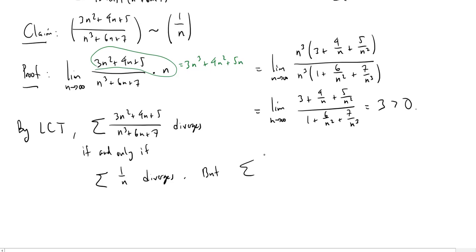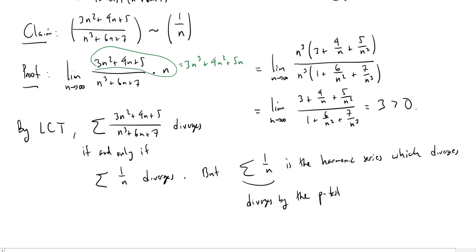But this is the harmonic series, which diverges. So we could use that general knowledge there, or alternatively, we could say it diverges by the p-test, because this is a p-series where p is equal to 1. And recall, if you have something of the form 1 over n to the p, that series is going to converge if and only if p is greater than 1. So as soon as p is less than or equal to 1, the series will diverge. So there we go. We have proved,